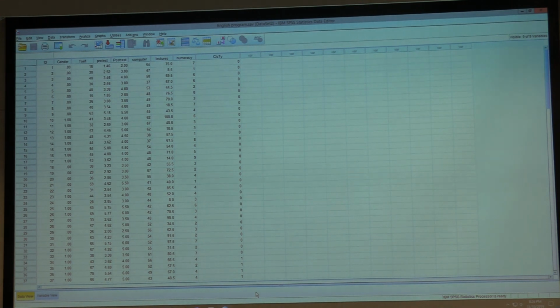So are you on this page? How many of you are on this page? Did you open the English program data? Yes. Okay. If you have any problem,